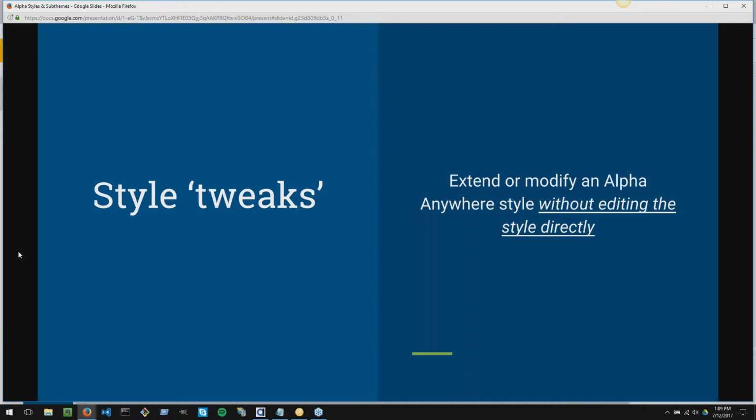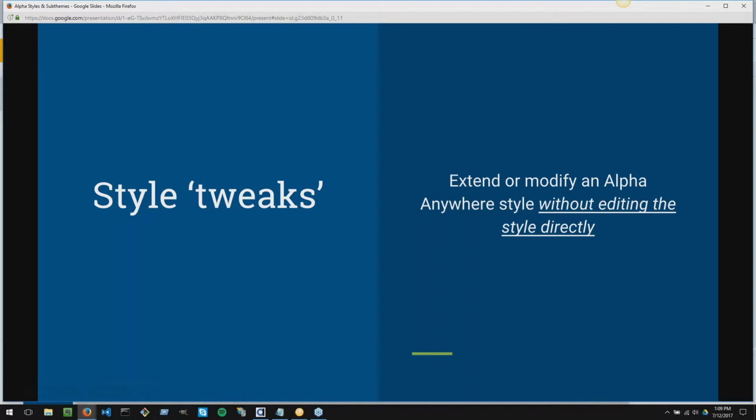Before style tweaks came along, if you wanted to make a change to the style sheet, you either had to know that you could define code externally in a CSS file and link it manually through the properties in the UX component, or add the styles yourself in the CSS properties in the UX, or copy the original style and add your edits there. The problem with copying a style is that if we decide we want to release a new control,